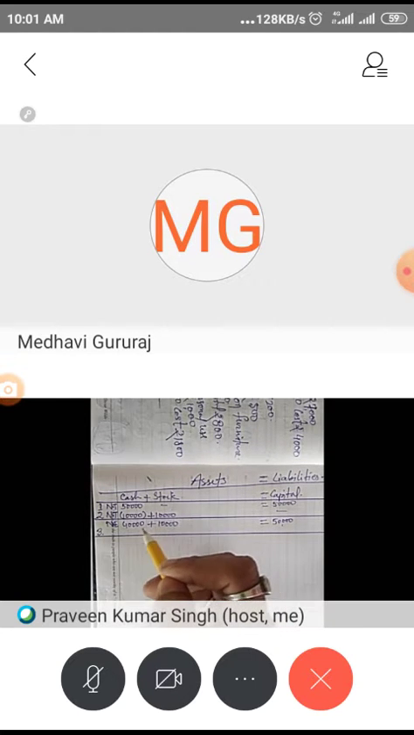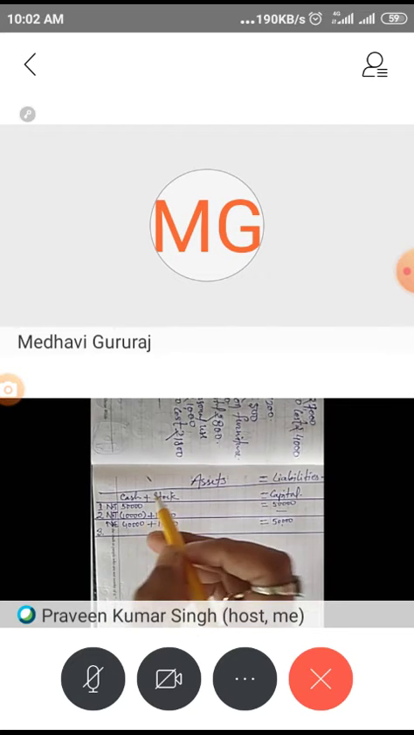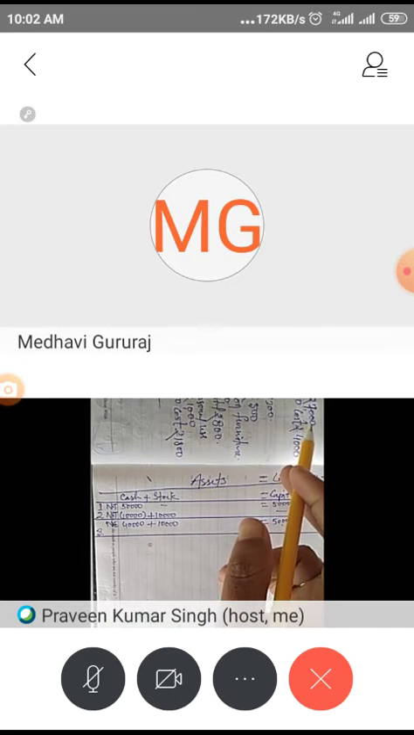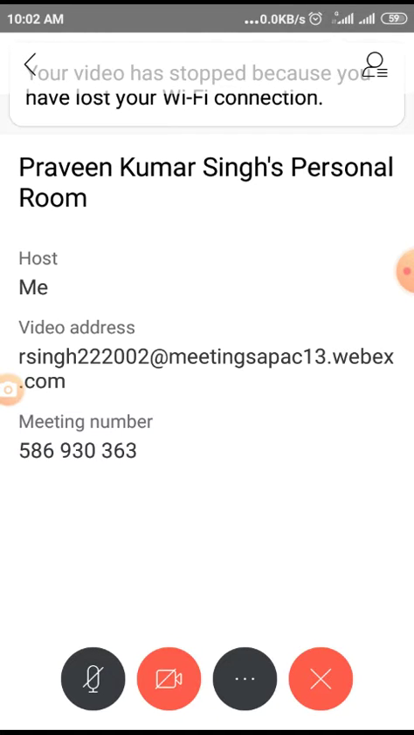So let us see the next transaction. Third transaction is saying purchase goods from Ram rupees 7,000. So new transaction will be, our new transaction will be